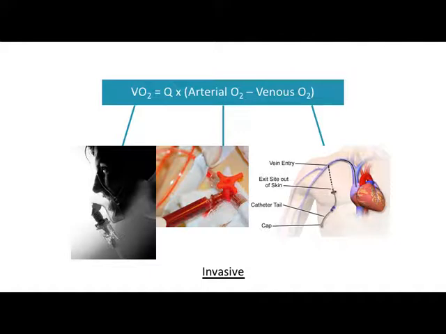So the direct Fick works. You can calculate cardiac output if you have the appropriate information, but it's invasive. It's hard to get that information. And so we're not going to use it. You could, but for these reasons, it's very difficult to collect the proper data and then use it accordingly. So,